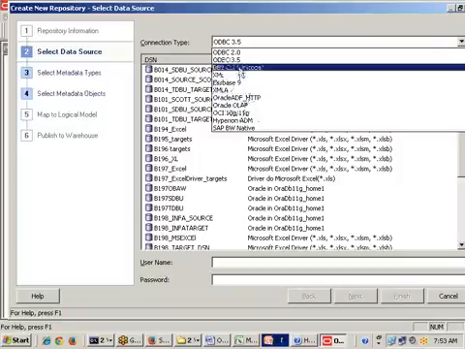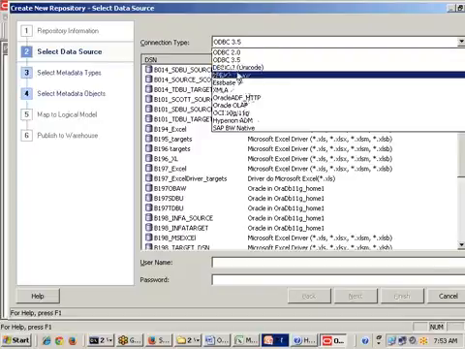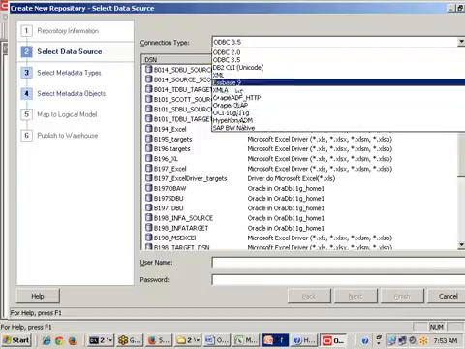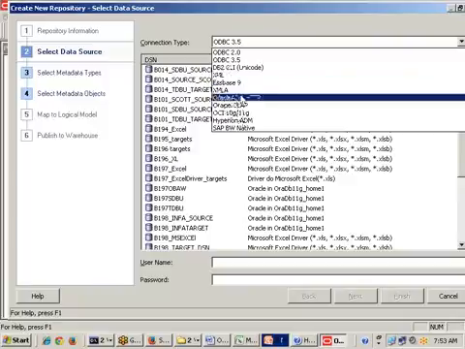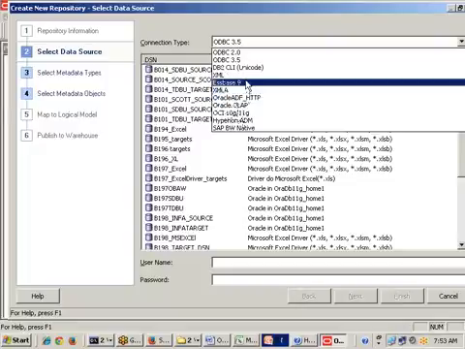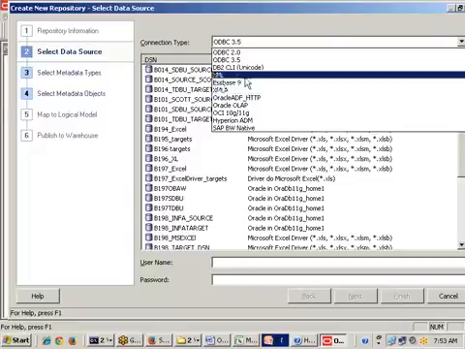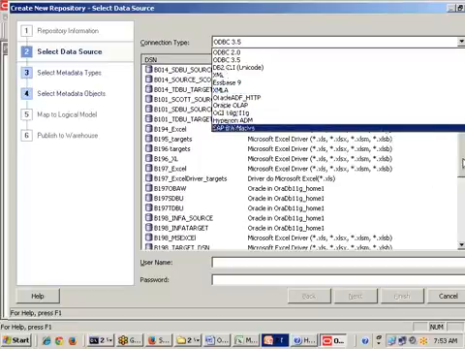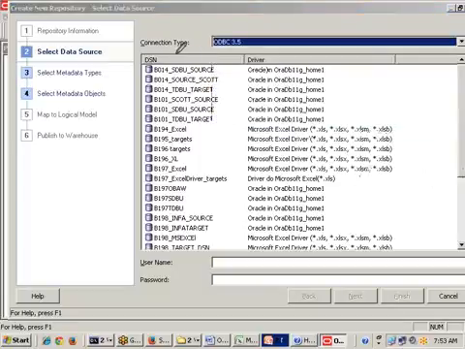Now, here I have DB2. If you want to contact DB2, you can go. If you want to contact Sybase, you can go for Sybase, no problem. Now, if I want to go to Teradata, do I have it here? If I want to go to SQL Server, do I have it here? If I want to go to MySQL, I don't have it. That is the reason these connections are divided into